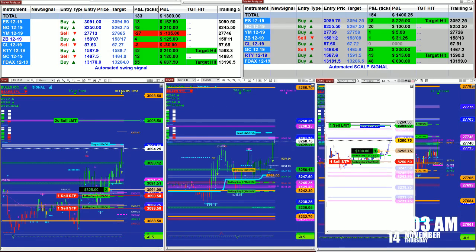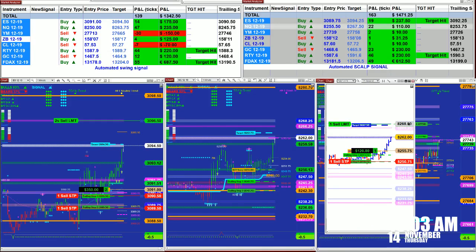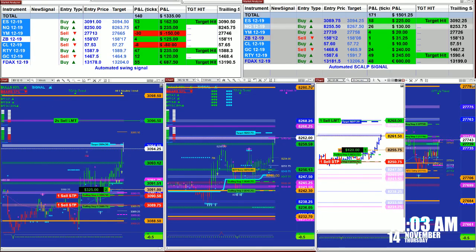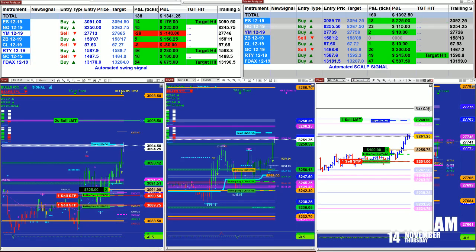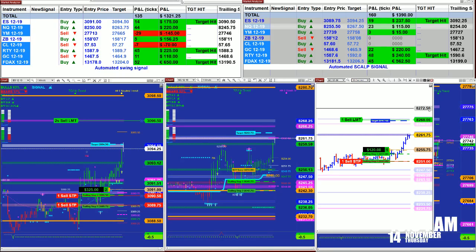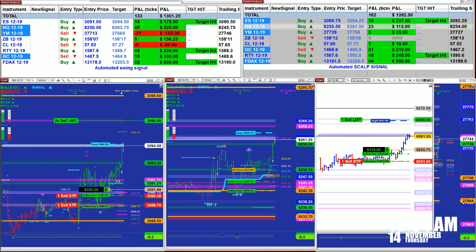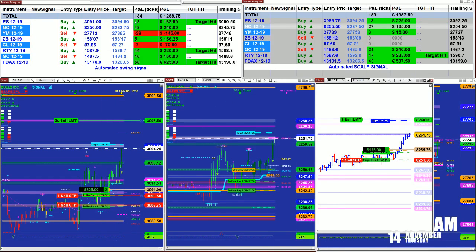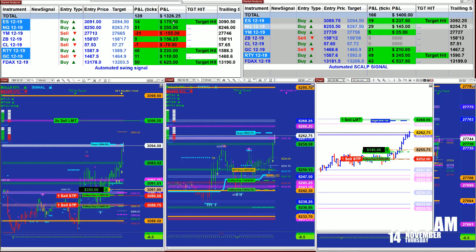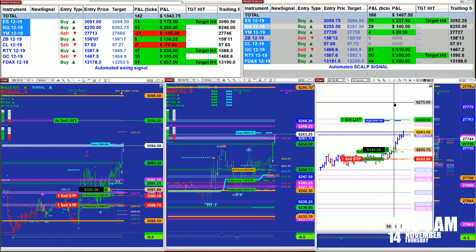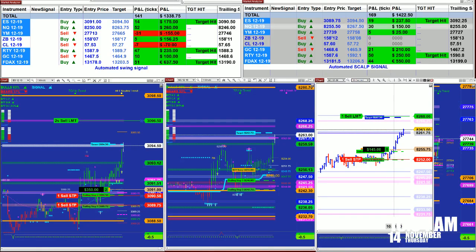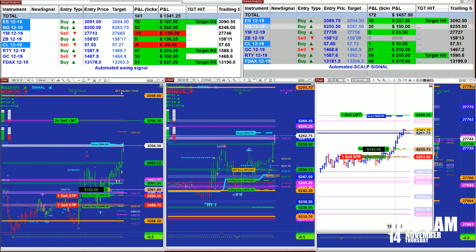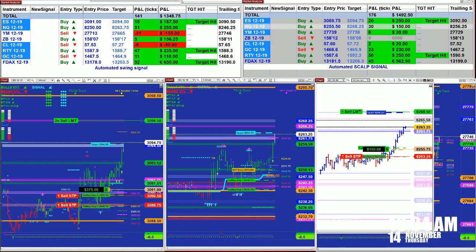I like ATM because I like to fiddle with the charts and make my own decision where I want to exit. But if you don't want to do that, you can leave it alone, or you can activate the full automated trade. The reason I personally like the ATM: ES hit target. You see on the market analyzer, 13 ticks on the last trade. Target hit because, as an example here, there is a zone, there is a fib line,